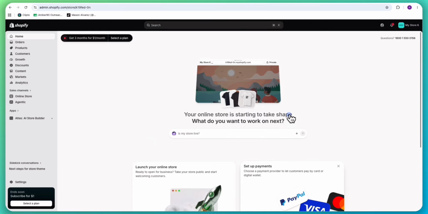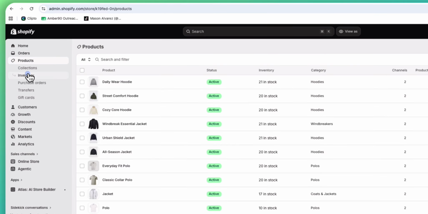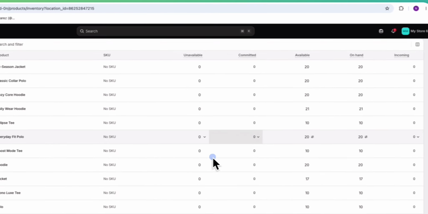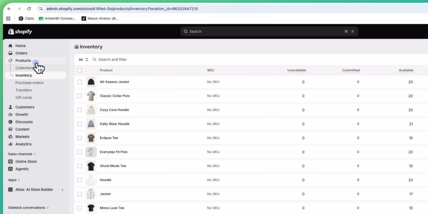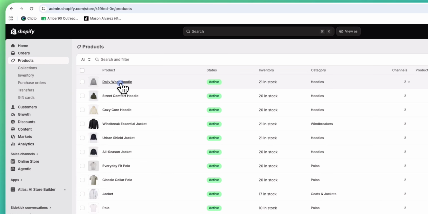So first, I want you to log into your Shopify admin dashboard, and from the menu on the left, click on products, then select inventory. So in here, you'll see the products that already have inventory tracking enabled. And if a product doesn't appear on this page, go back to products and open the